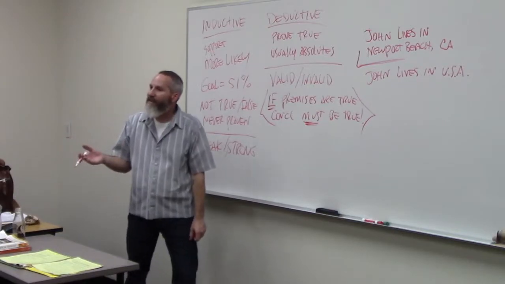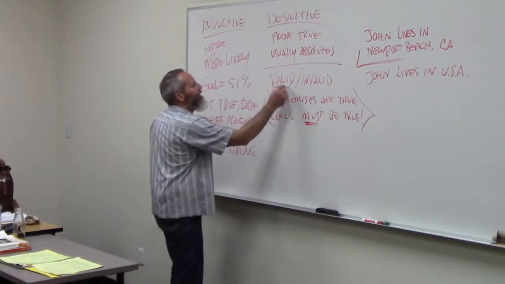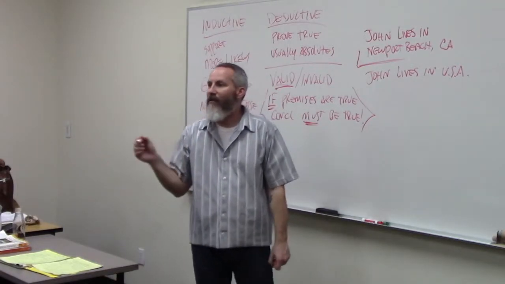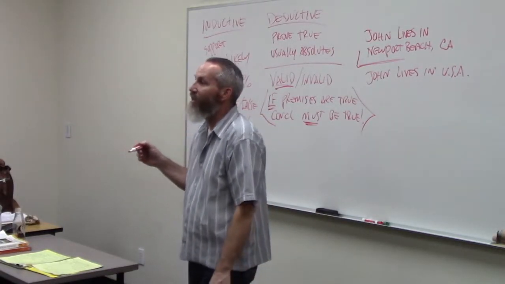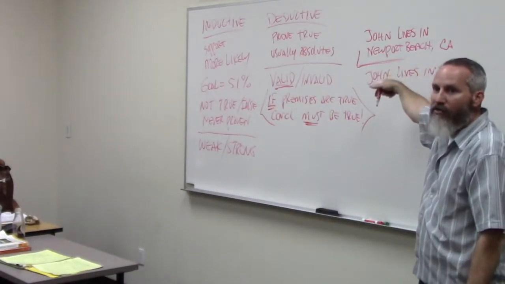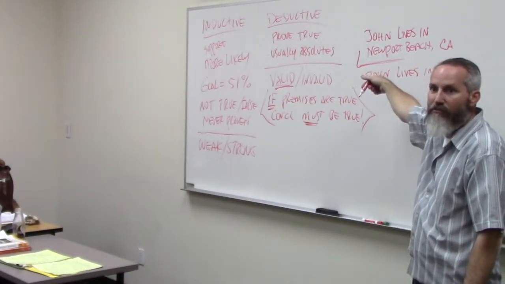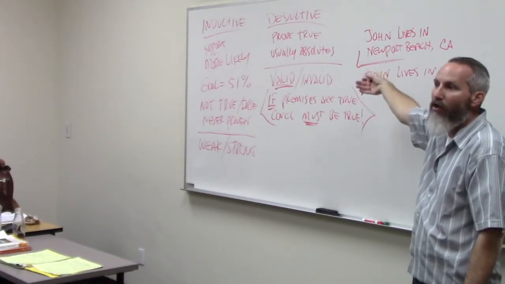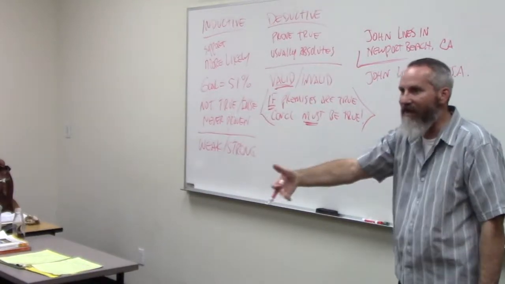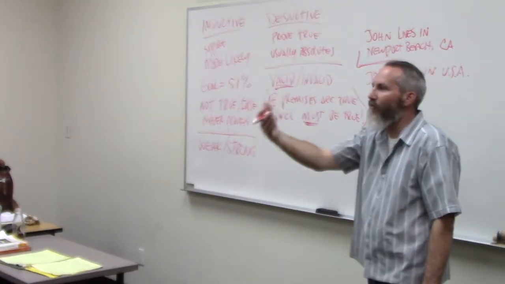To check the validity of a deductive argument, to see whether your deductive argument is valid or invalid, we look and we say, if our premise is true, or premises are true, must our conclusion follow and be true? Because our conclusion must follow and flow. What does it mean to follow and flow? It naturally makes sense, right? It naturally flows from the premise to the conclusion.